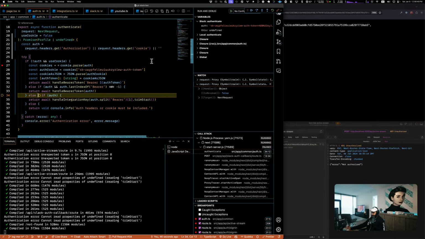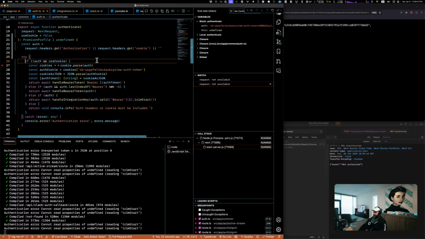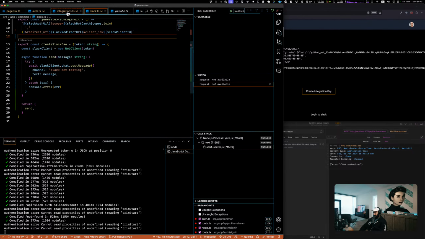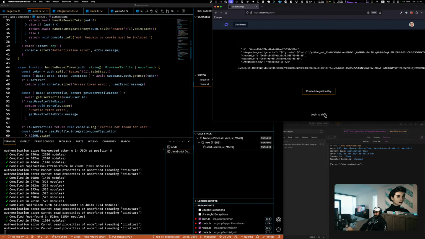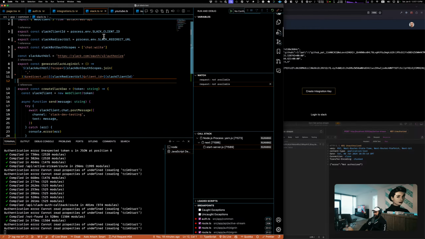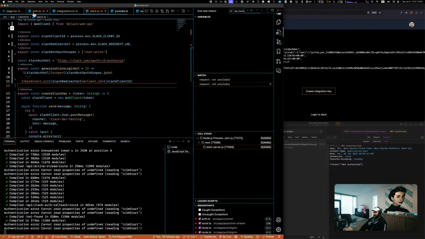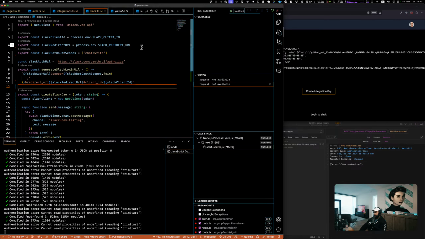Oh, wait a minute. Okay, I know I'm not done yet. No wonder it's not working yet. I forgot to say that. So here in this auth, I need to say where the auth is coming from. Now, in this case, authentication error. I don't understand what's going on, because this auth, if I'm not mistaken, wait, no, I am mistaken. Let me go to the function that's taking care of the Slack auth, wherever that is.